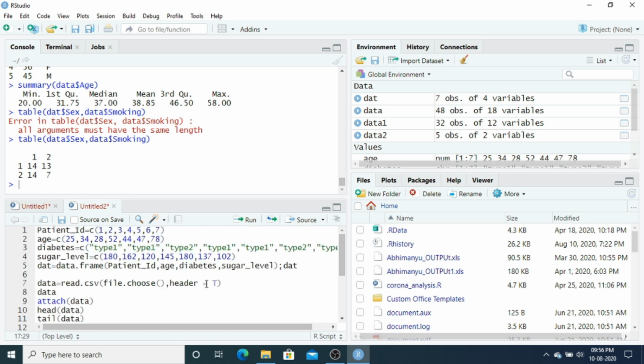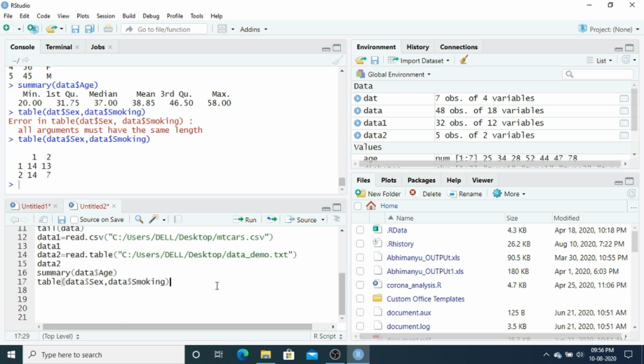In this way you can do or handle some basic statistical analysis by importing from different data sources. Also sometimes you need to save your data, or your results or output. You can use write.csv as the command to save your output in CSV form. Similarly to how you use read.table or read.csv, you can use write.csv.